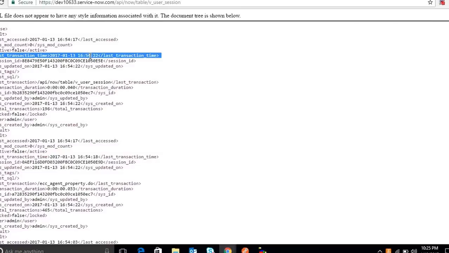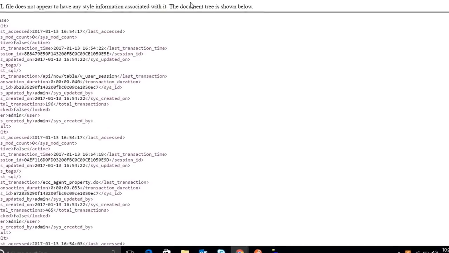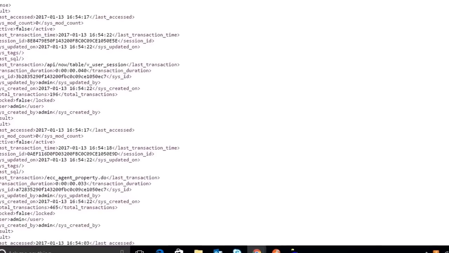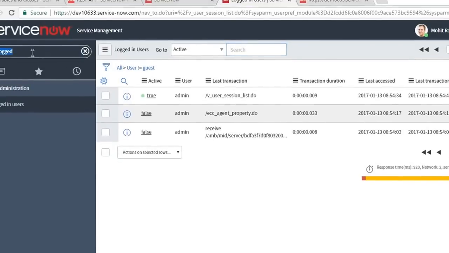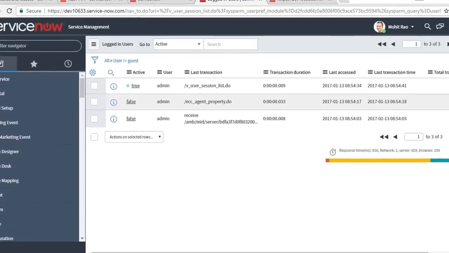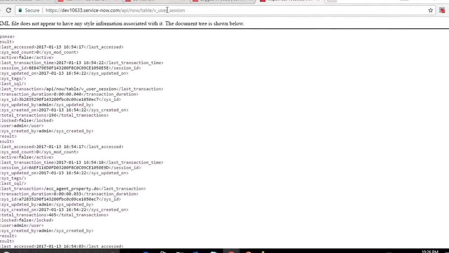Using this, you can understand, okay, they are logged in, they are active in ServiceNow. Those who are not active for 5 minutes, maybe you can avoid them for ticket assignment. Just for information. Just like this, whatever you see here in this pane, you can query the information using the ServiceNow table API.